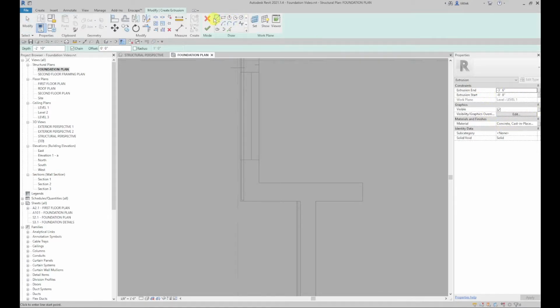It's going to remember all my settings, rectangle, and put a foundation under that piece that was hanging out from the rest of our grade beam. Hit the green check mark,